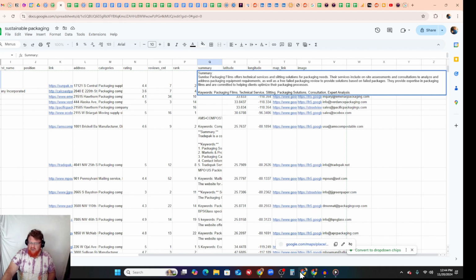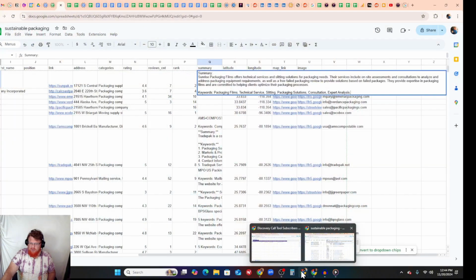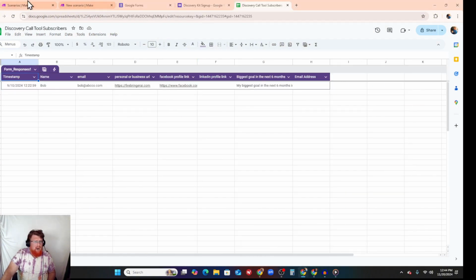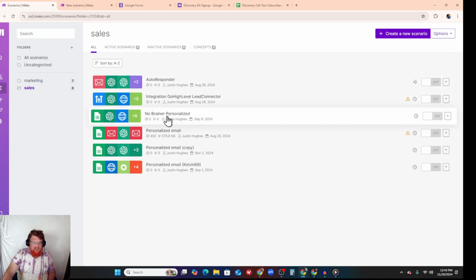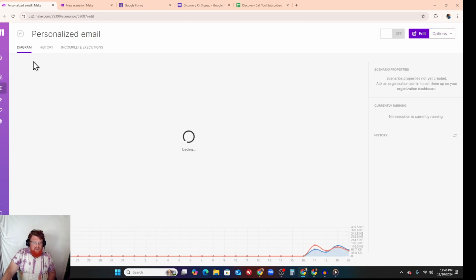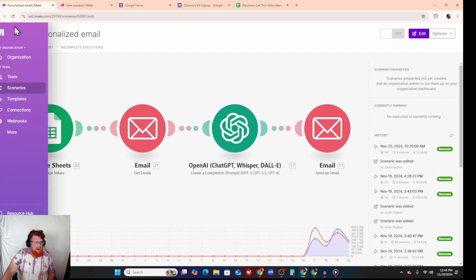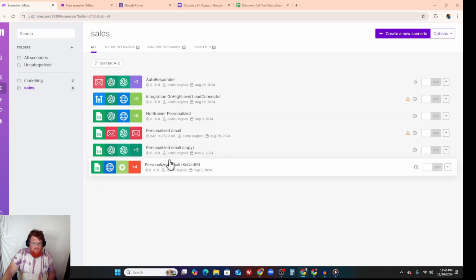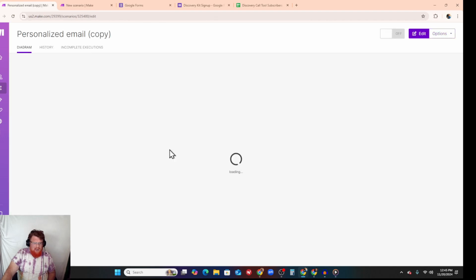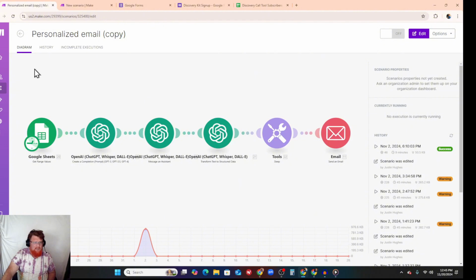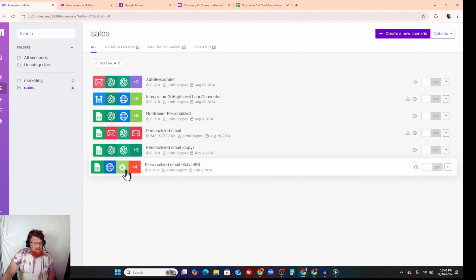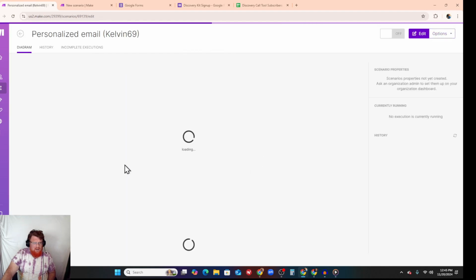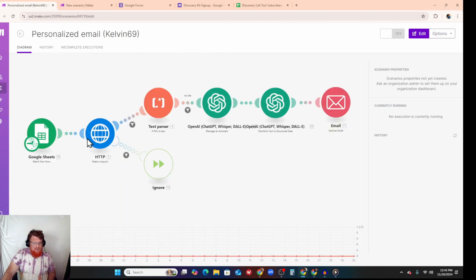Now, for those that have seen my Make automation for cold email outreach that's personalized at scale, what I normally have going on is a web interface. So we do an HTTP GET that searches the company's website for the prospect out of the data, parses it to HTML, and then personalizes it.